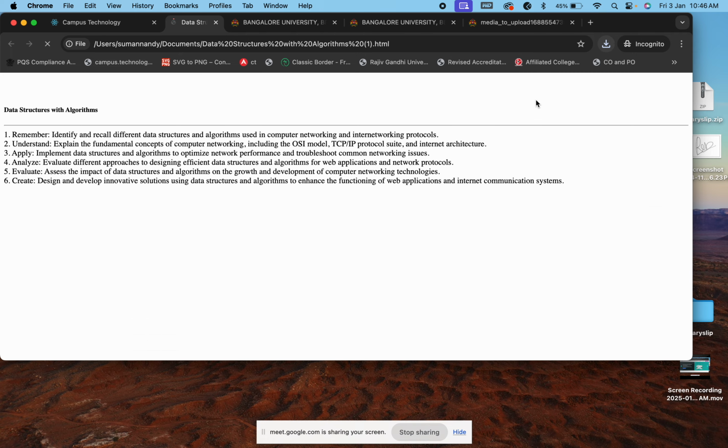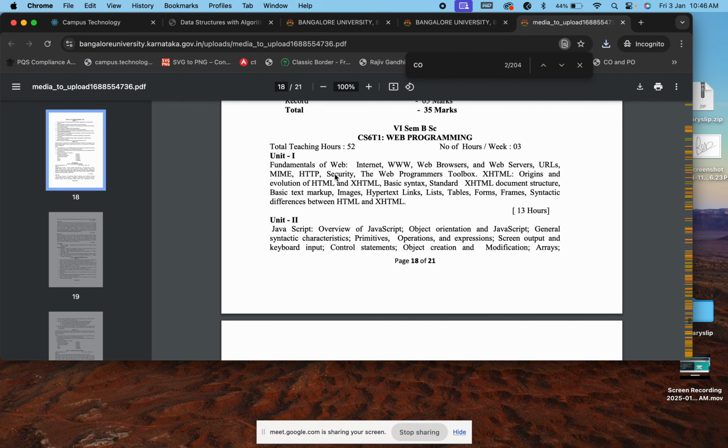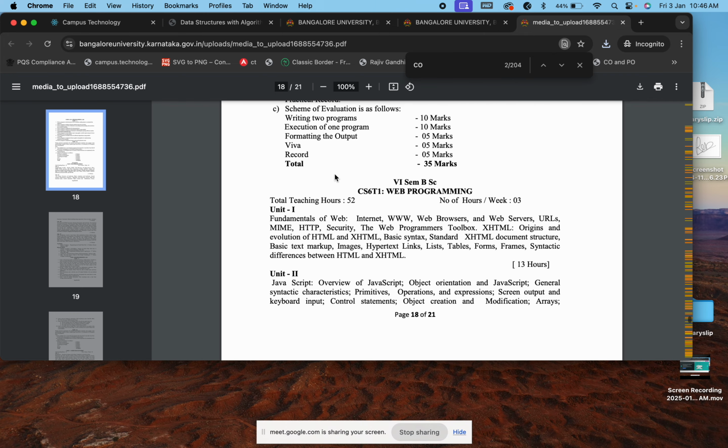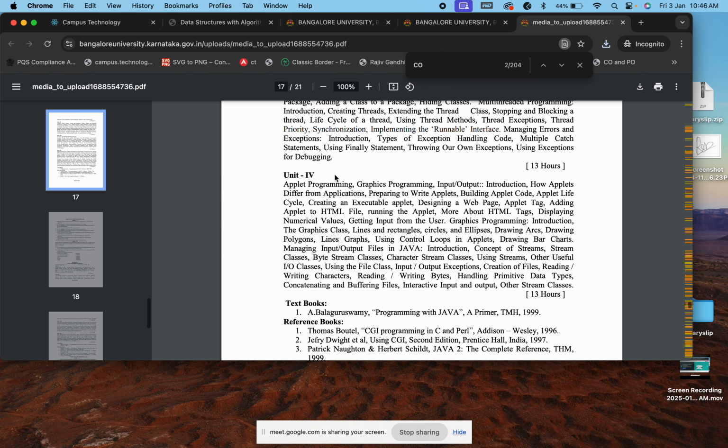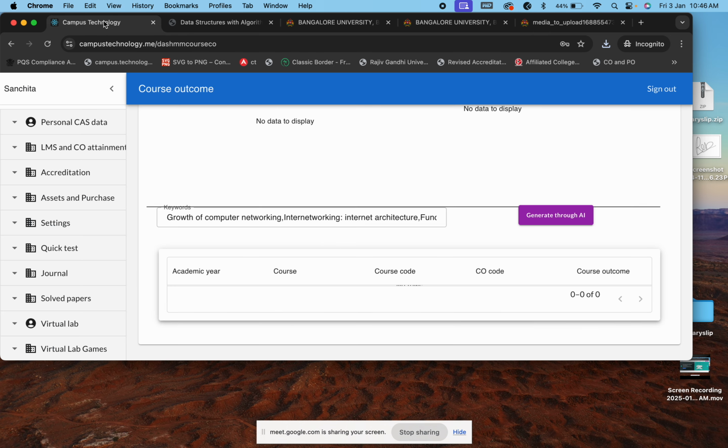Pooja, sorry. If you go back to the syllabus of Bangalore University, they would have given a course outcome. Yes, ma'am. What has happened is that for these COs, the course outcomes given by Bangalore University, there has been a change in the terminologies for Bloom's taxonomy, RBT, very recently, a couple of months back. That has not been incorporated yet.